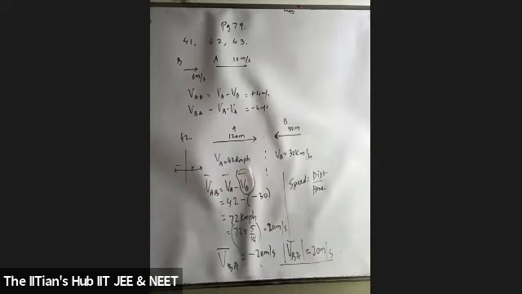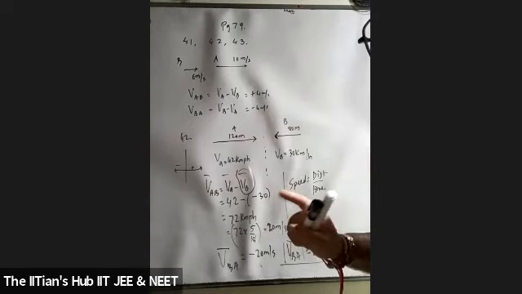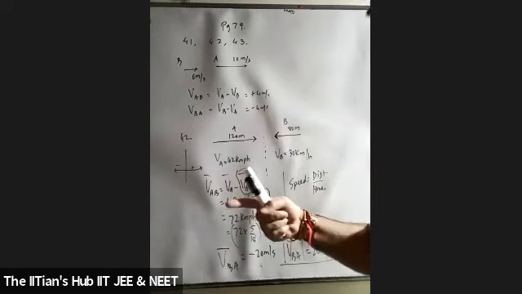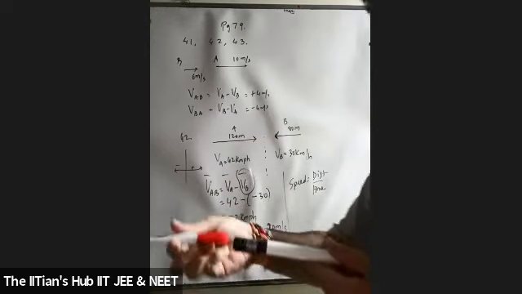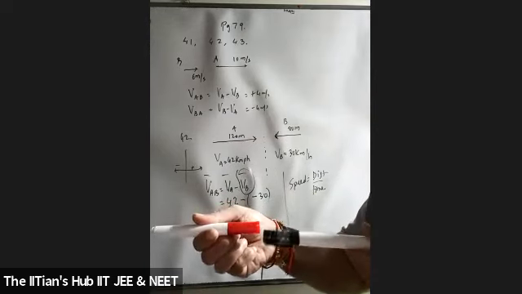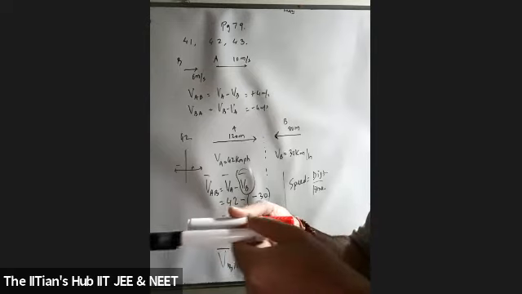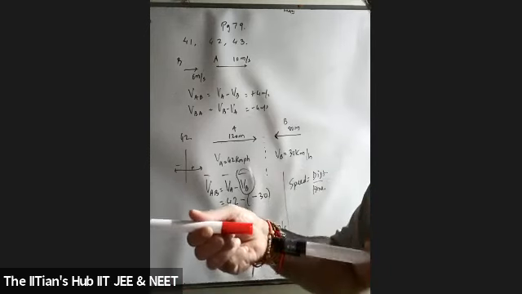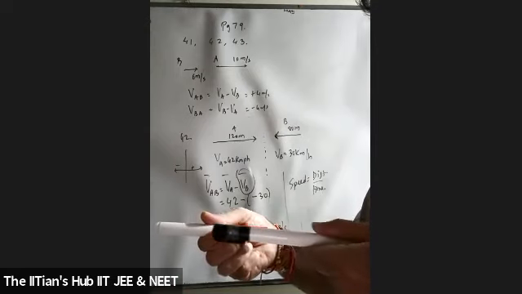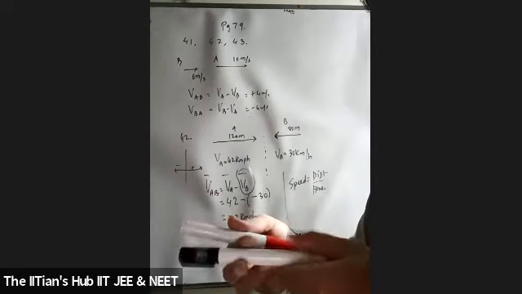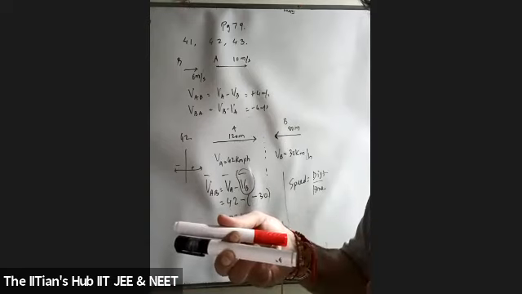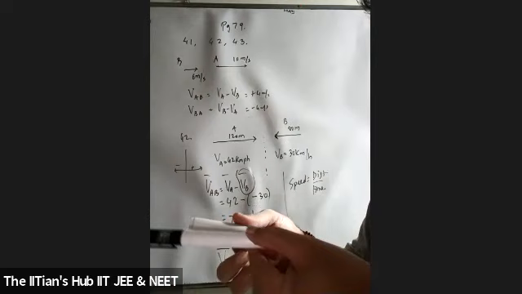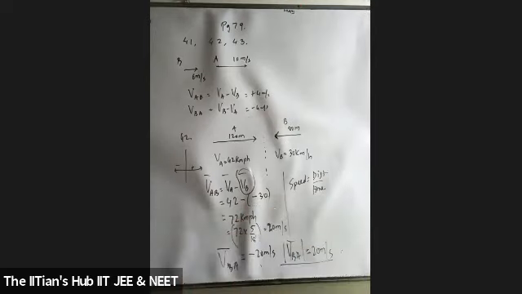Because we are finding the time when they intersect or cross, pass each other, right? Crossing each other means the head and the tail should completely pass through the entire train. Suppose if I take 120, then the 120 train came to the head of the 80 one. Listen carefully, students. Till the time it moves, it has already approached the tail. But has the tail of 120 crossed the tail of this? No, sir. So already it's 120, and then it further covers a distance of how much? 80. So the total distance we consider is 200. So time will be equal to 200 upon 20. The answer will be 10 seconds.